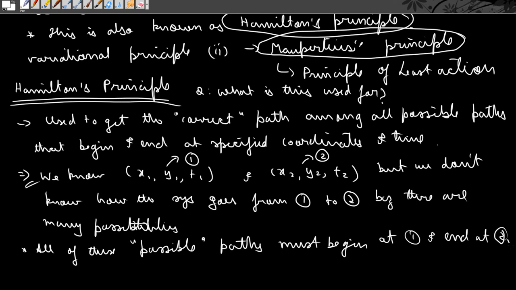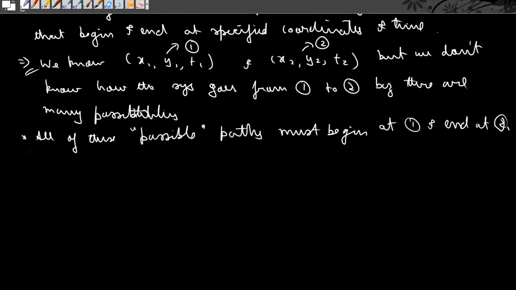And what does Hamilton's principle do? Hamilton's principle chooses the path where the variation of S about the chosen path is 0 in the first order. Let me write that down. I'm going to soon illustrate this with a diagram, so if you do not understand what I'm writing, it will be clearer once I draw the diagram.